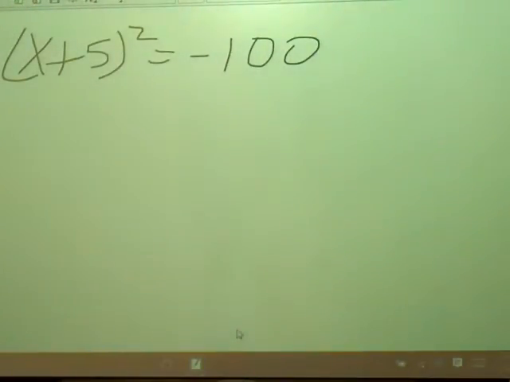That's already done. So what's your first step here now that you've already got it as a perfect square binomial? Square root, nice job. So it gets me x plus 5 is equal to the positive or negative